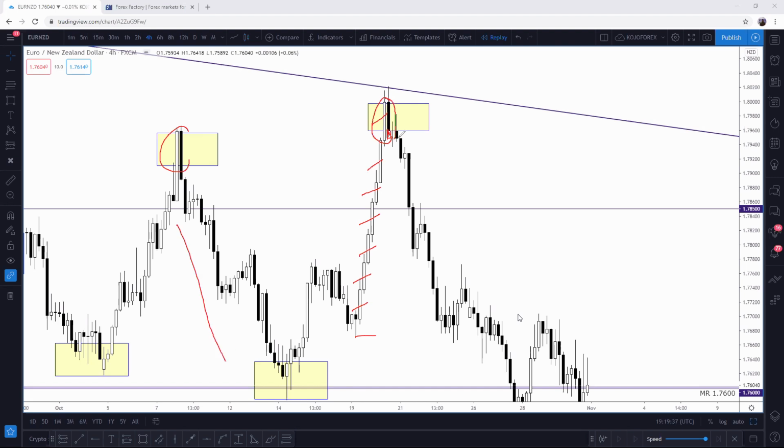And then we have another similar pattern like that. And what do you expect, based on that tweezer formation that I've taught you? A reversal. So here, even if you're not confident enough that this is a signal for a short, then you wait for the next session. You have this doji here, right? If you're still not convinced enough, then you have this sort of shooting star here, which comes close to